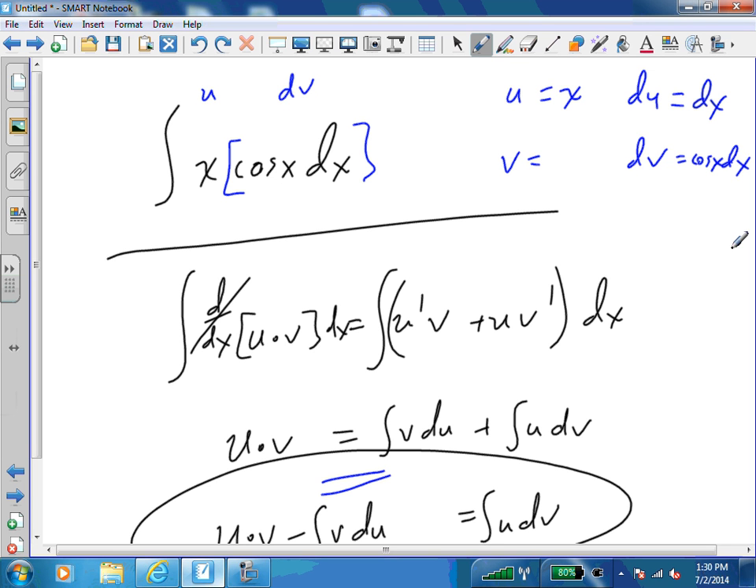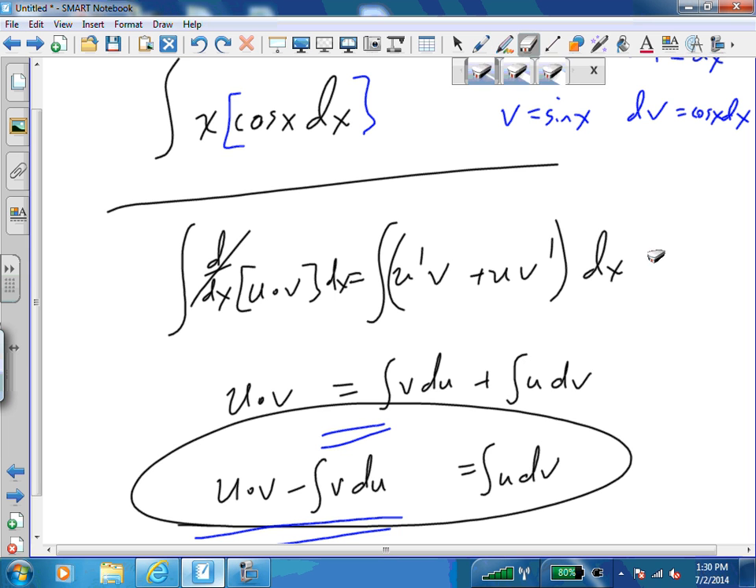So we want to work backwards from dv to get v. If we were to integrate both sides, what's the integral of cosine? Sine. The derivative of sine is cosine, so the integral of cosine is sine. So if we take that and plug it in,